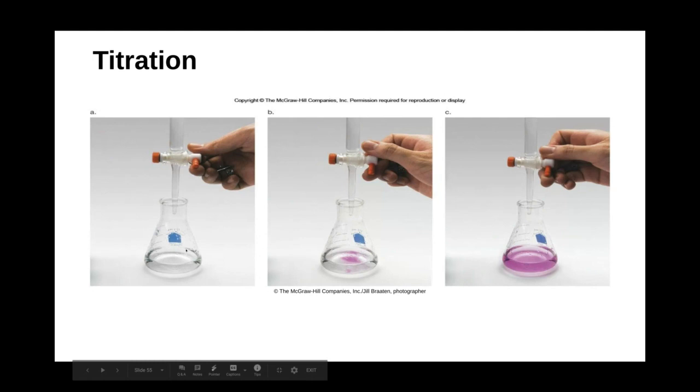And conceptually, you can look at this. We have an acid, we're adding a base to it of known concentration. We keep adding and adding and adding. Now, in this case, we have a pH indicator, so it's changing color depending on the pH. And in this case, we get to the endpoint where the solution is completely purple, thus implying that the pH is net neutral, i.e. it is a pH of 7.